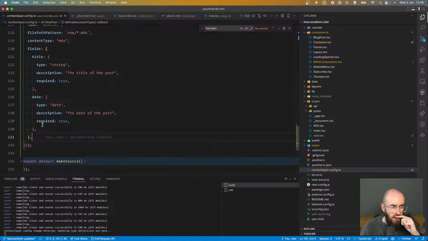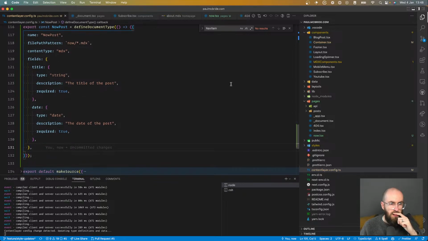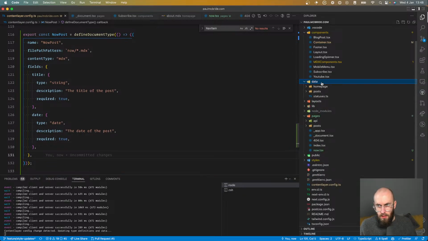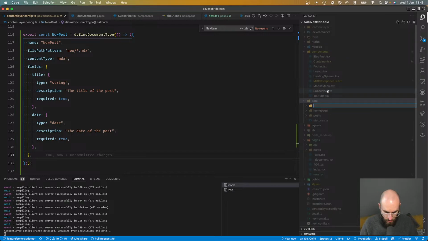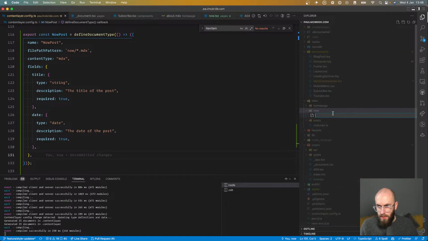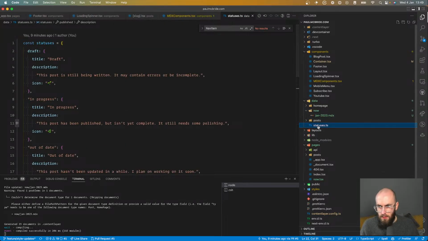So what that should allow us to do, I think, so now post, and so if I go to data and I make a new folder called now, and in here I make a new file called Jan 2023.mdx. I'm fairly hopeful I can add some